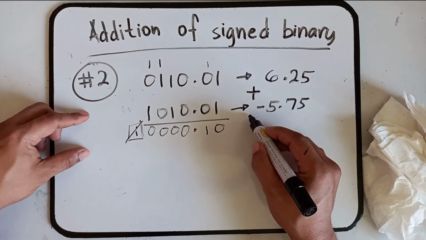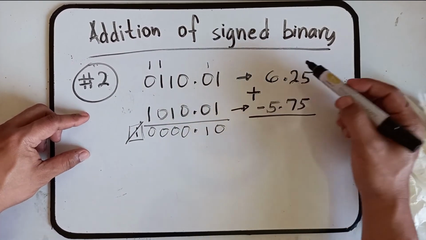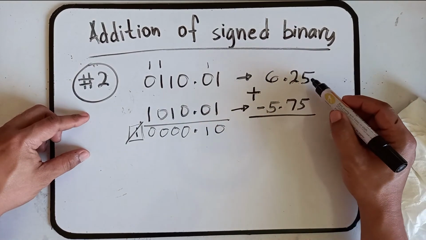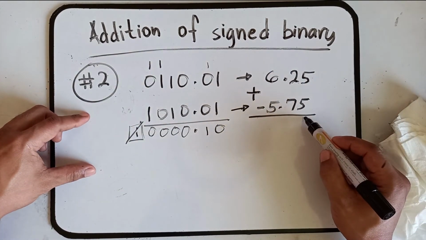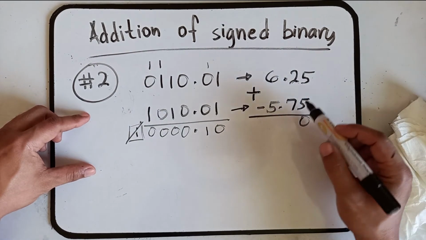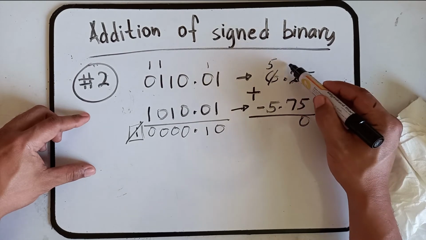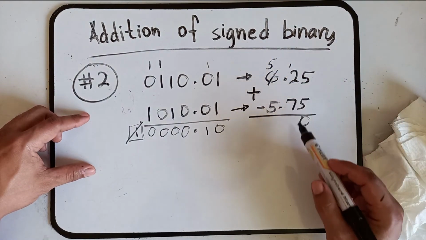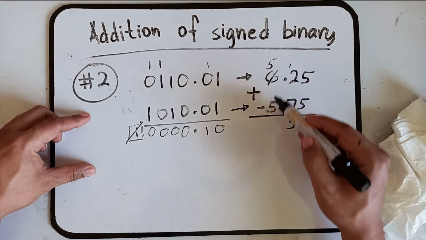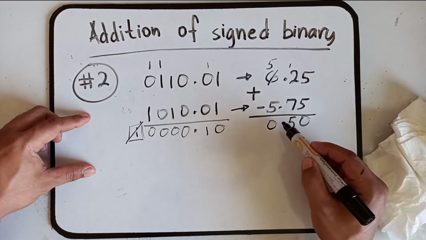So let's check if we have a correct answer. For us to check, we have also to subtract 6.25 with negative 5.75. So let's do this. So this becomes 0. Okay, this becomes 5 because borrowing this one, this becomes 5 and this becomes 12. 12 minus 7, and that is 5. And then 5 minus 5, that is 0. So meaning this is 0,